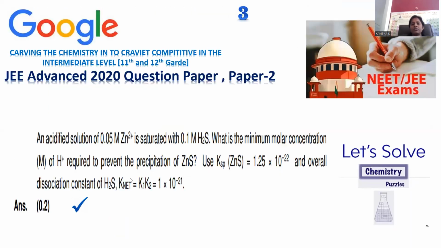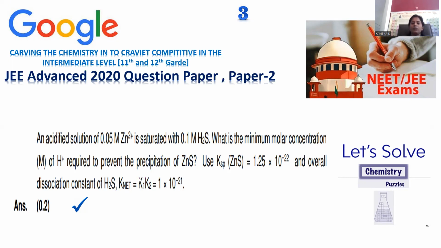Move on to question number 3, JEE Advanced 2020 question paper 2. An acidified solution of 0.05 molar Zn2+ is saturated with 0.1 molar H2S. What is the minimum molar concentration of H+ required to prevent precipitation of zinc sulfide? Use Ksp of zinc sulfide equal to 1.25 × 10^-22, and the overall dissociation constant of H2S,